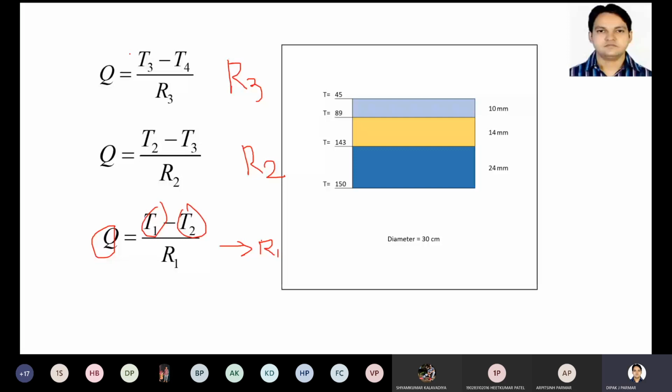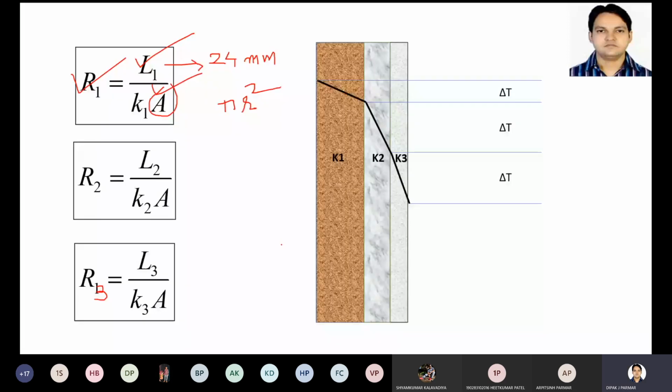So this will be the conductivity of material 1. Same way you will get the conductivity of material 2, K2, and same way you will get the conductivity of material 3. So this way you will get the conductivity of different materials, and this is what the experiment is. So this will be K1, this will be K2, and this will be K3. Now this particular observation table I have already made, and I have data with me, so I'll show you the calculation part of this.